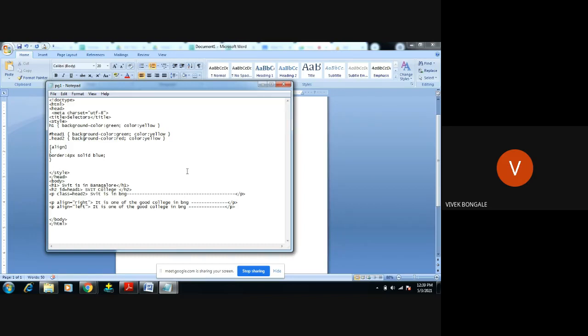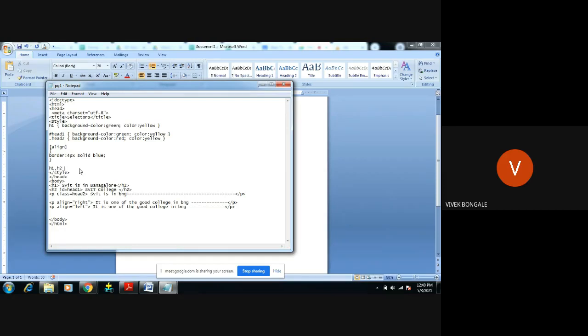CSS rule, common CSS rule, we have to give those tags. Now in group selector, what we're trying to do is, if you want to apply the same CSS rule on two elements, what we have to do is just give those two elements, that is two tags. Here I want to apply the same rule on h1 and h2. What I will do is h1 comma h2, this is what the group selector will do, h1 and h2.